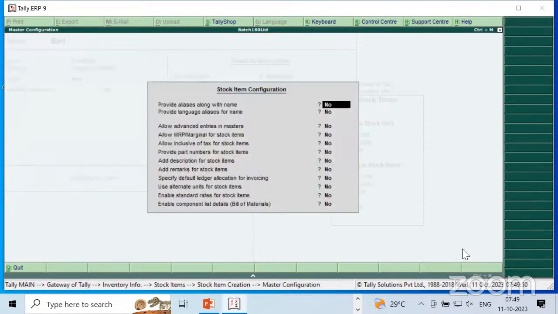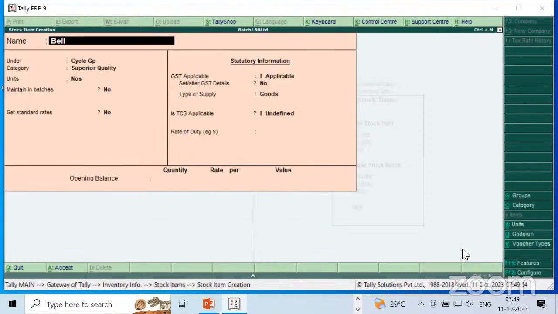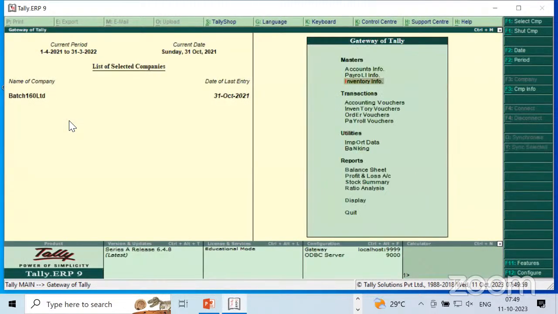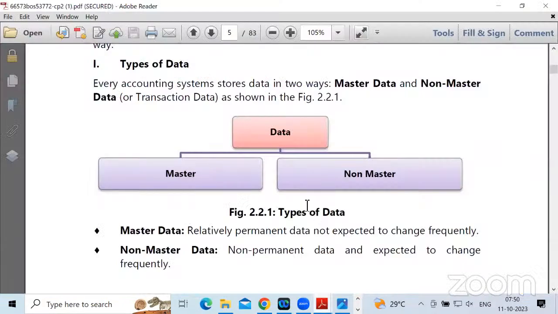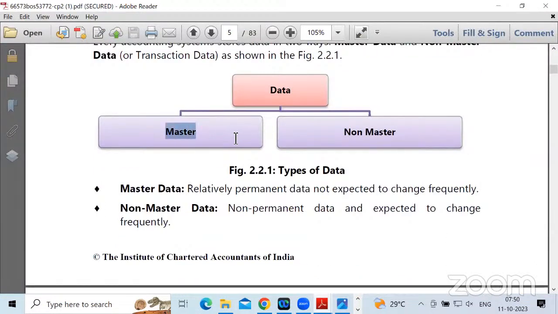Suppose if you want to add it, you can go there, say yes. Now you'll be able to see the standard rates. So this is how configuration works. I hope all of you understand what is configuration now, master as well as the transactions. Now from this perspective, we'll see master data,